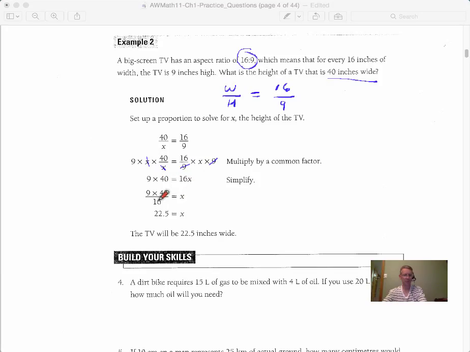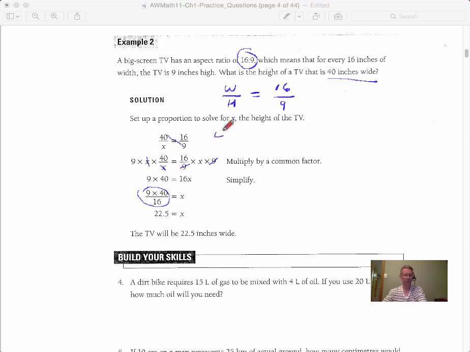So this gets divided by 16. And doing this calculation right here will give you the answer below of 22.5. Some of you might know it. If you've got one fraction equaling another single fraction, you can say that this is the pair, multiply the pair,